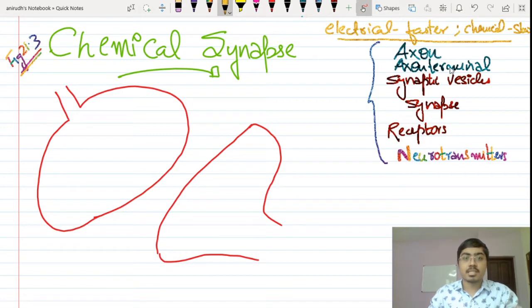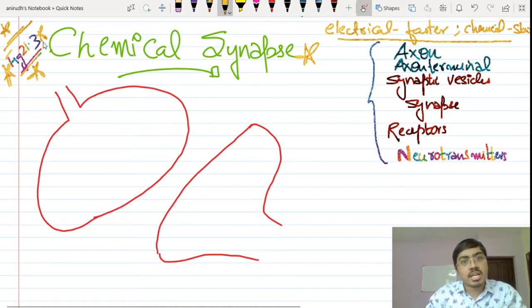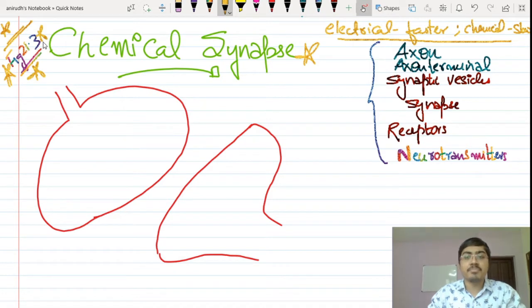Okay, chemical synapse is slow, and we are supposed to know only chemical synapse for the exam. So we are talking about the chemical synapse, and you have a very important diagram in your textbook. Make sure that you learn everything from this diagram. It can be an image-based question, although NEET is not asking so many image-based questions these days. It is very rare in the NEET exam, but if they want to ask, this is a very good, probable question that is there in your textbook, chemical synapse.